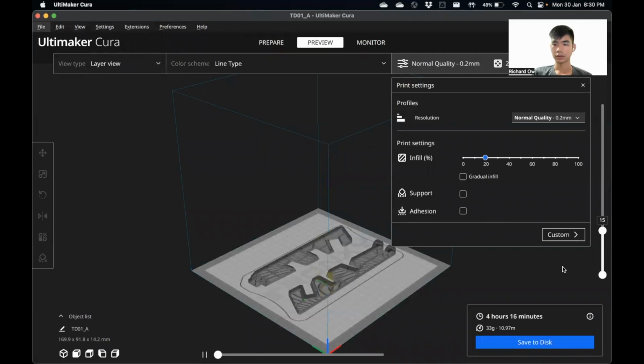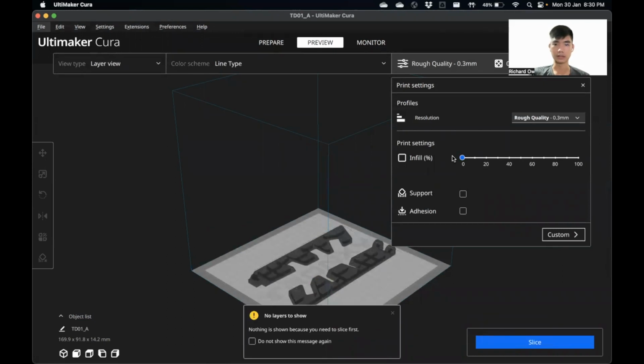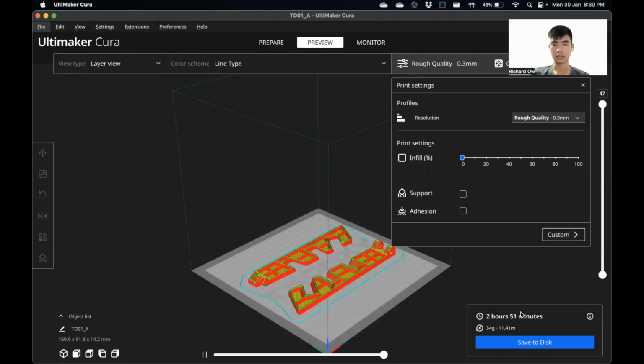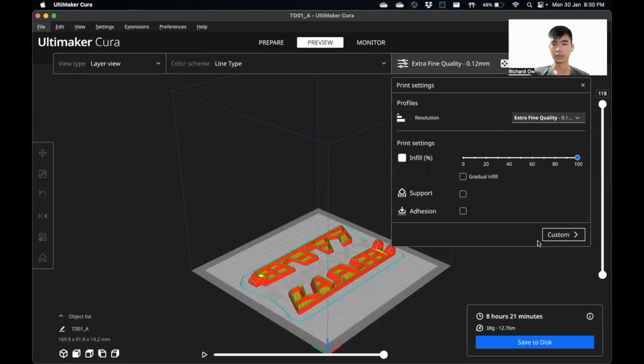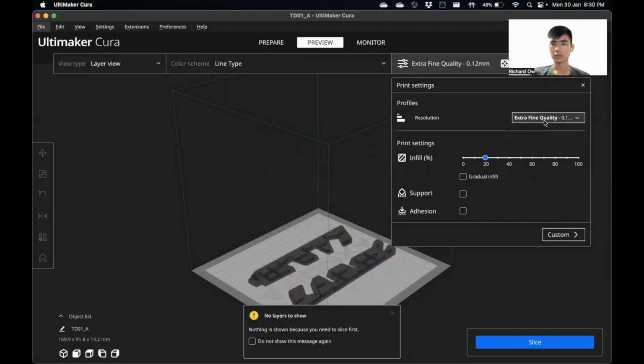Right? So if you're satisfied, you can actually save the file. If not, you can maybe use a rough quality with lesser infill, and you will see that instead of 4 hours, it will take 2 hours and 50 minutes. And if you choose an extra fine quality with 100% infill, it will take roughly 8 hours and 20 minutes. So I'll just go to the normal and 20% infill,